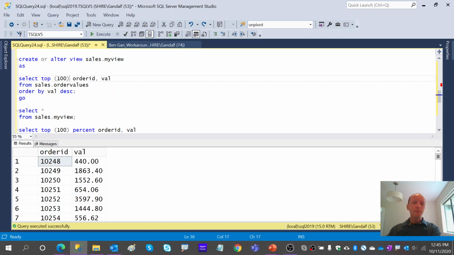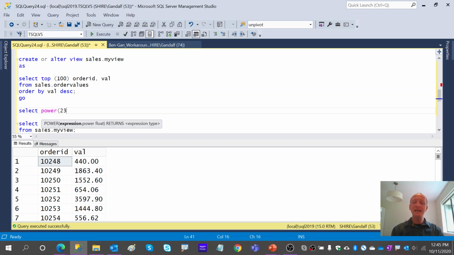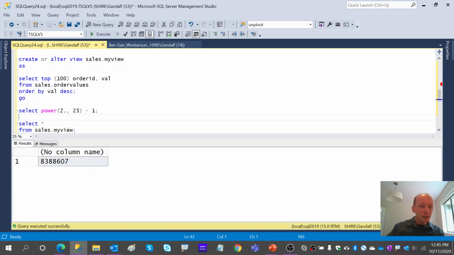For instance, using not a top percent, but a top number, but a very large one. Now, top works with a bigint as its input type. So we could take the largest possible 8-byte integer. That's 2 raised to the power of 63 minus 1, of course.